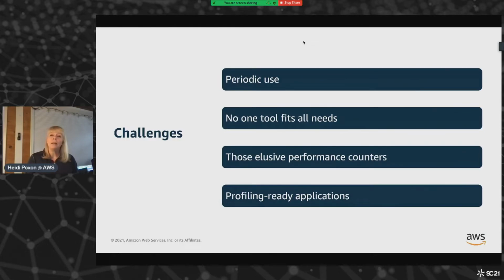And so I'd really like to see a collaboration between tools and applications so that the applications are more ready to profile at any time. So for example, always having symbols included, even though you're fully optimized, and considering frame pointers and not the omission of frame pointers, so that it just makes things easier to collect information from the application.